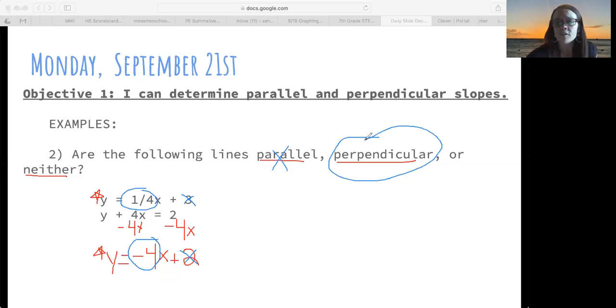All right, so that is the first objective. If you would like to pause and take a moment to process and go to your daily learning log, you can try the first objective questions just to practice, or else you can keep going and I will keep going with the second objective. All right, second objective is,